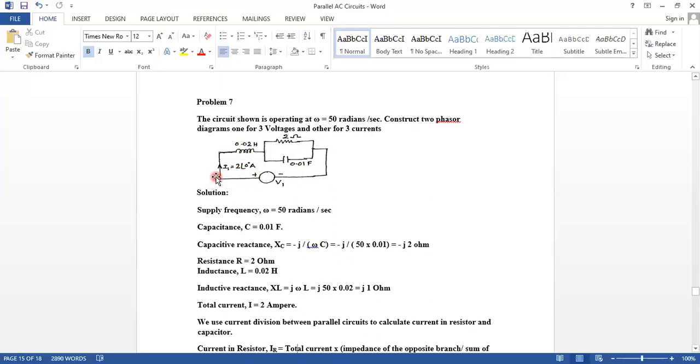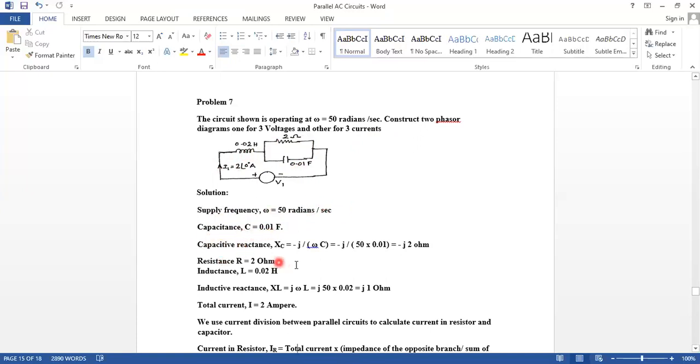So now what you need to find out? Okay, so to construct any phasor diagram, we need to find out first what are the branch currents. Okay, when we are drawing the phasor diagram with respect to currents, and then we need to find out what is the voltage across each branch, for drawing the phasor of voltages. So let us proceed with that. The supply frequency omega value is given. That is angular frequency, what we call, because it is in radians per second.